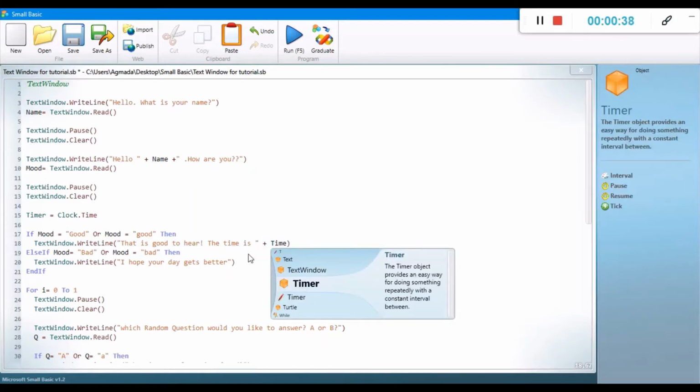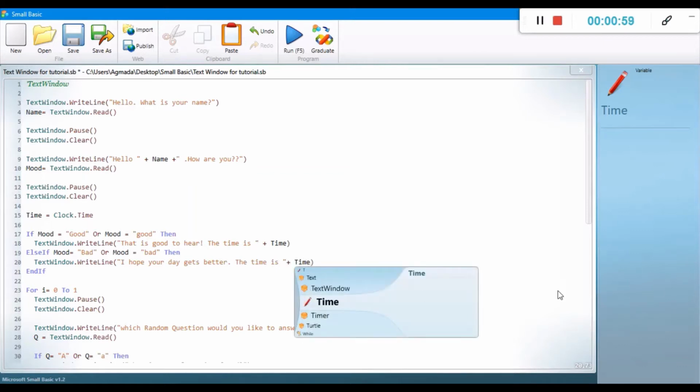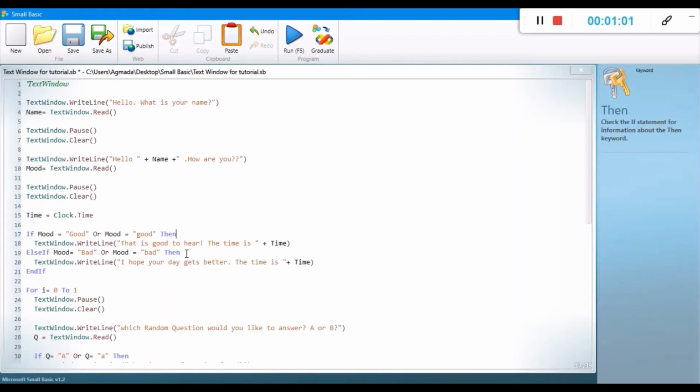And then we're going to go ahead and do the same for the other mood, which is bad. So let me just type that in. Okay, so once we've done that, we're going to go on to our next